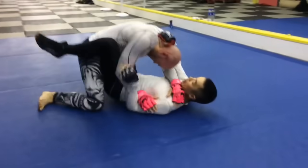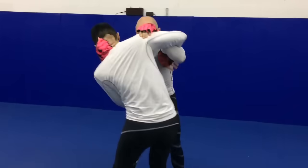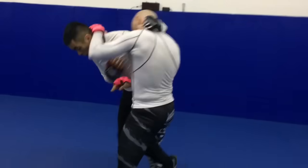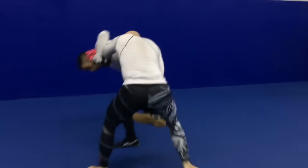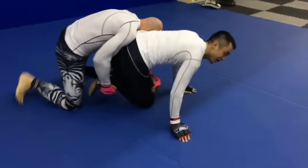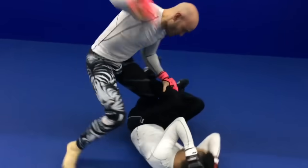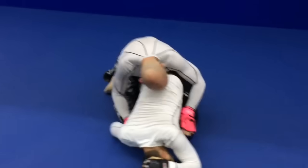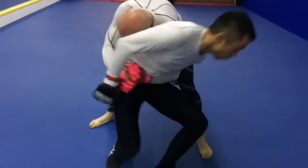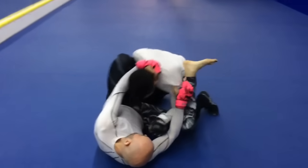But again, self-defense situations that I get asked about aren't the kind of thing that you can really train for anyway. A lot of people who come to me for self-defense ask me things like, what would you do if you were bent over a ledge, and we don't really have that surface in the gym? Or what do you do if somebody grabs your hair, but not like they show in these self-defense videos, but when somebody starts ripping you around, you're on the floor, and